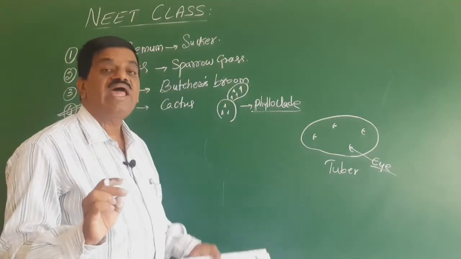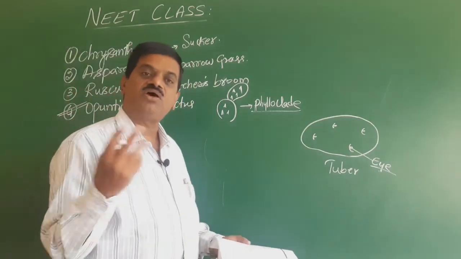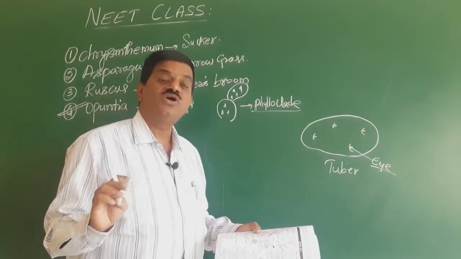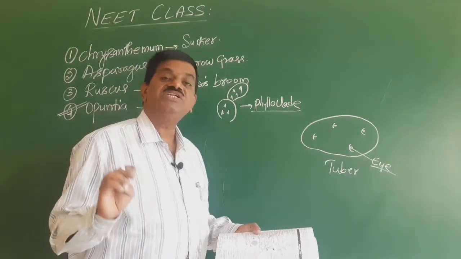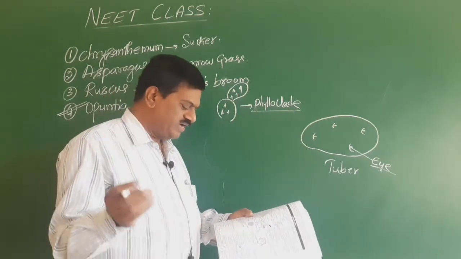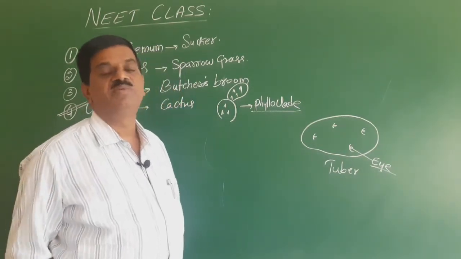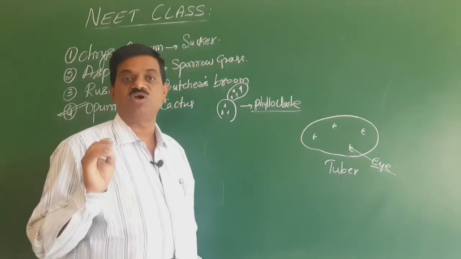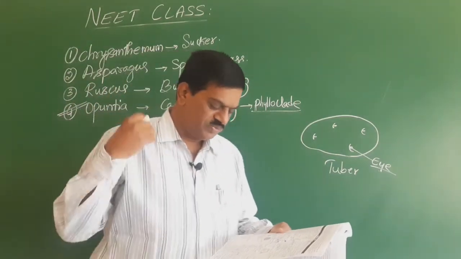The second one, lacks chlorophyll. But for potato which is below the ground, whether chlorophyll is present or absent does not matter. So that's not the answer. Does not bear roots. Even this is not the answer. Contains a reserve food. Even this is not the answer, because it has reserve food, but it cannot be identified based on that. So here the potato is called an underground stem because it has the presence of axillary buds at the nodal region of a stem, called an eye. So this is the right answer. First option is right. So we go for the next question.